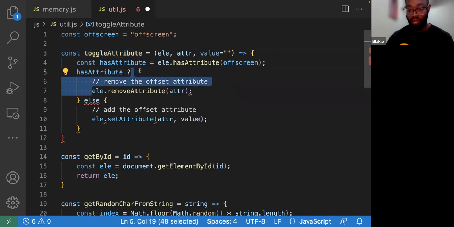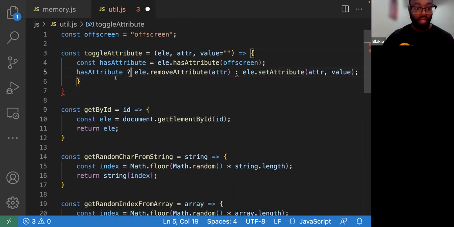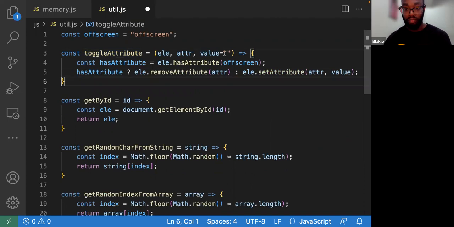We're gonna do this just like we did before. Actually, I wasn't supposed to put this here. Let's get rid of that. This extra one here is the default value. If it's not supplied, then it's going to be given an empty string. Since this is the way we're using it, I think we should be fine. We pass in the element and then we pass in the attribute second.